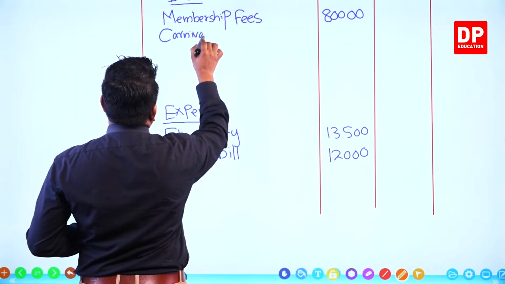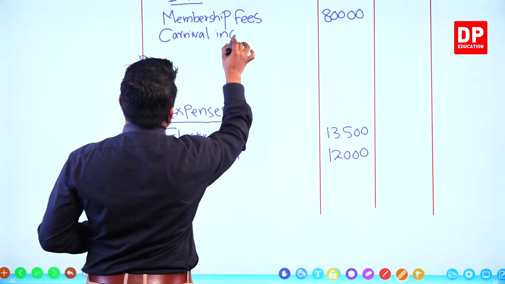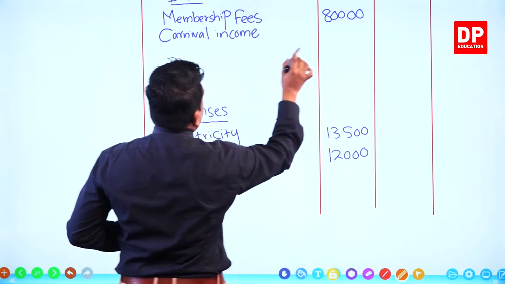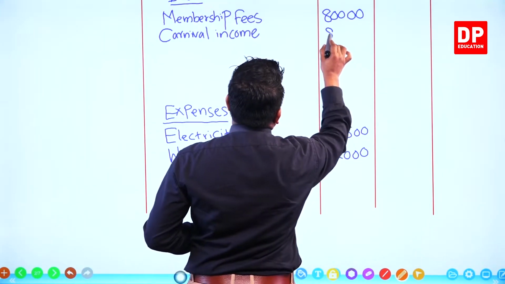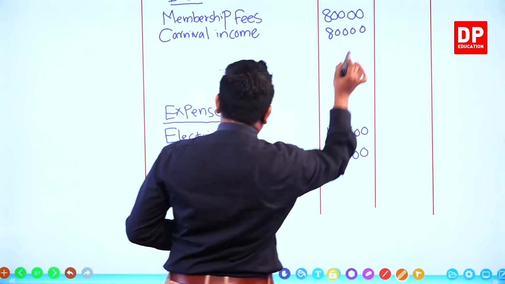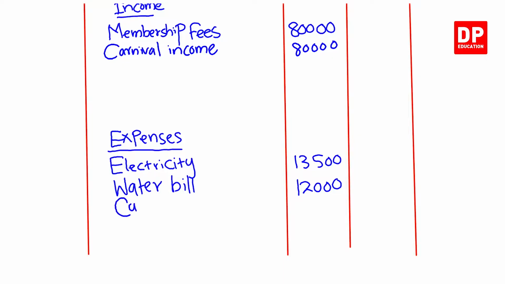Carnival income, 80,000. Carnival expense, how much? 75,000. Okay. Now next,